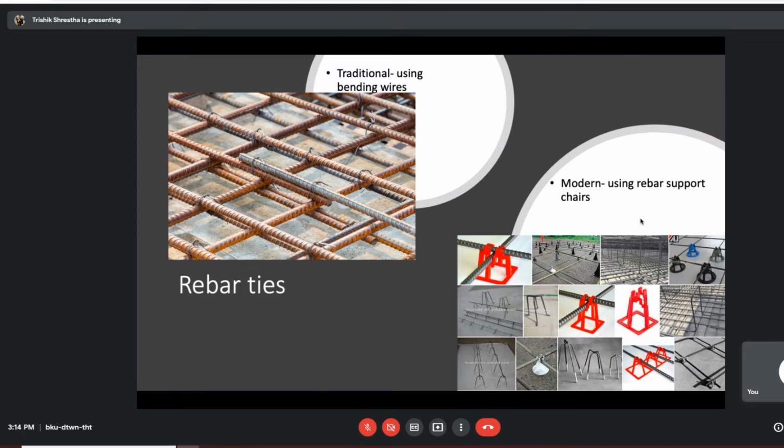They were completely tired of tying these rebars by hand using these bending wires because the gloves were being punctured, and there are a lot of limitations in using wires, right? I need to be pretty careful while saying this because these support chairs don't have limitless applications. There will be vertical tying requirements in which these particular tying support chairs will not be used. So in other places, like these flat areas right here in this particular picture, these can be replaced by these support chairs. So this is also an example of micro innovation specifically being used in the construction industry.